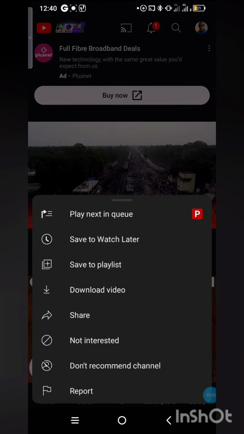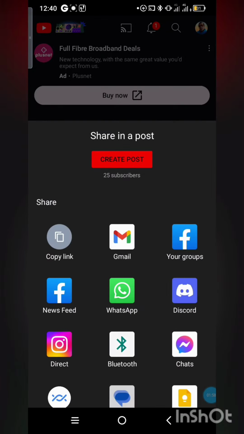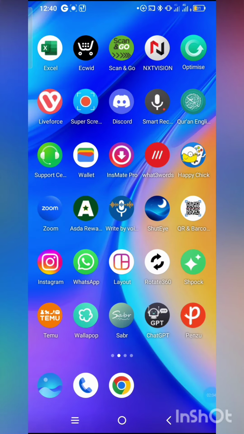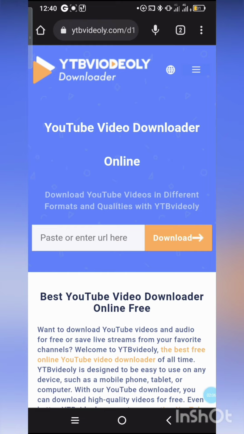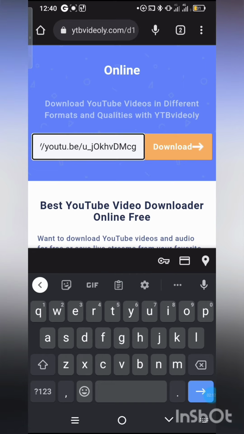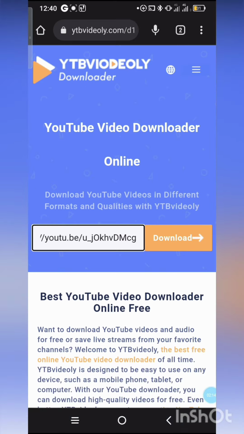We'll click on where it says share, click copy. We'll close that page down and we'll go back to our YouTube video downloader. Click on where it says paste URL. We've copied our link. Hit download,